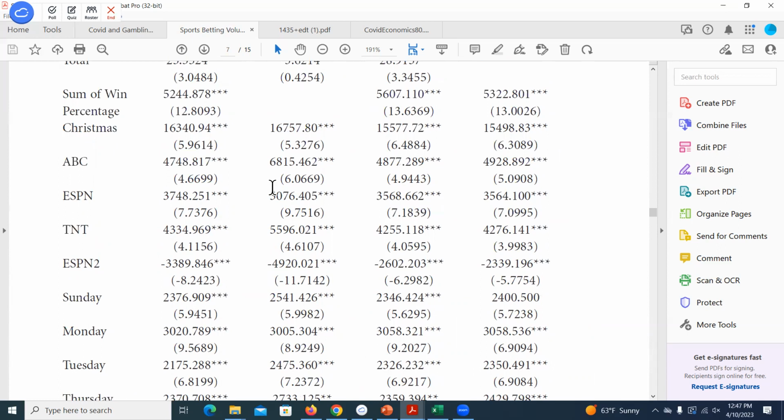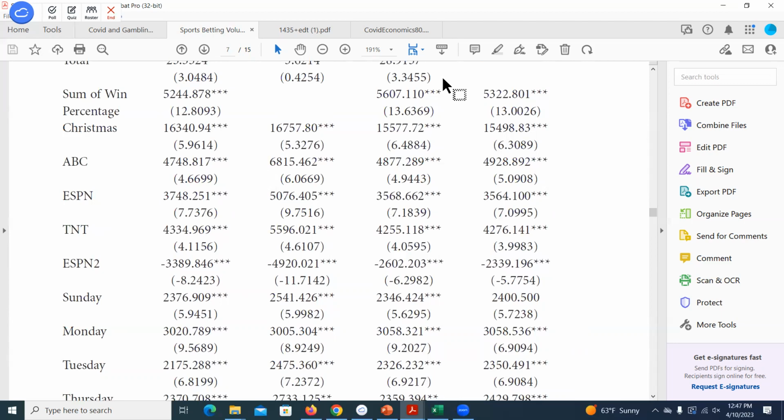So just because you don't find it to be statistically significant, the sign and the magnitude still matter, right? And we can still interpret what the sign and the magnitude of that coefficient is telling us about our predicted Y variable. Okay. Is that making sense? Any questions on that?